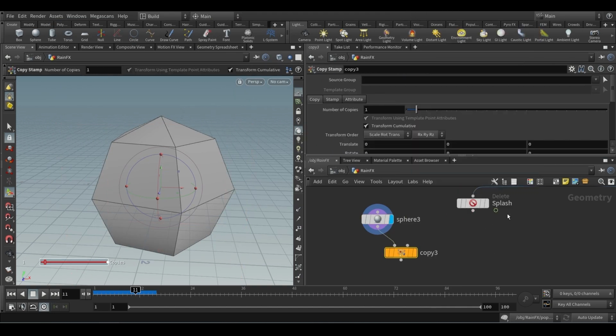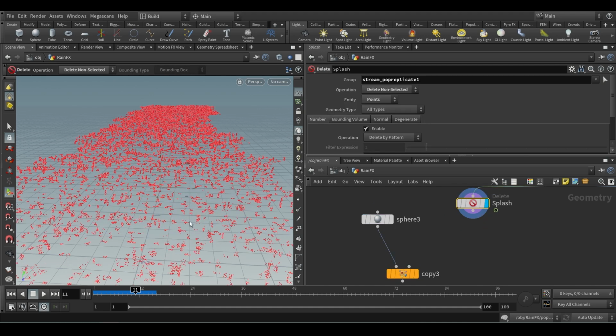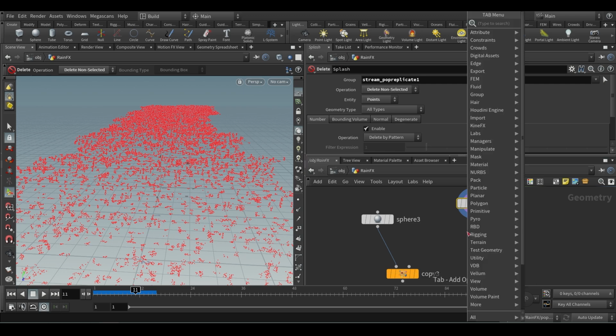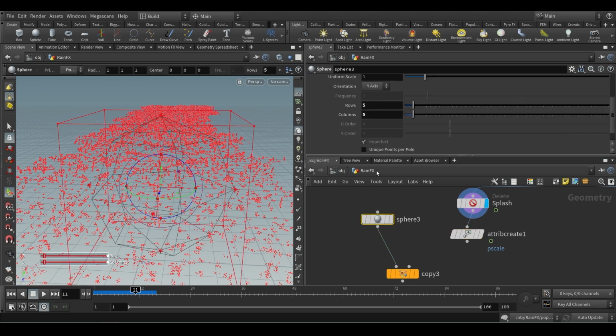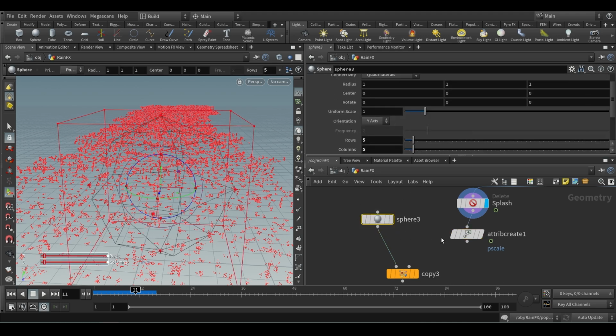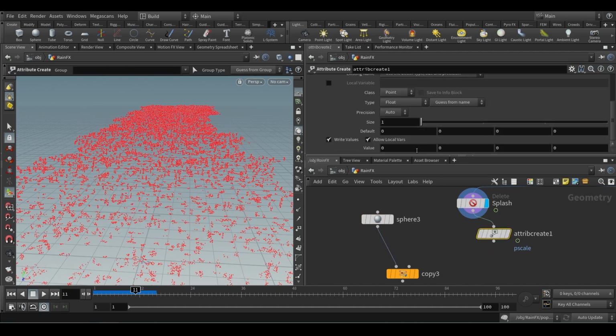Before plugging it in, these particles have a p scale by default, and we need to change that. So attribute create, and give a p scale. I'm doing that without connecting, because when I connect, it's going to take some time to load. As a default the size is big, and when you connect that directly to the points, you're going to get a really big sphere. I don't want to do that or waste time on that.